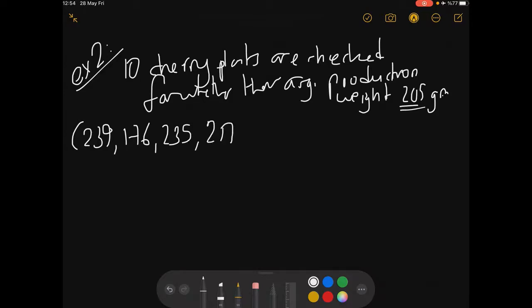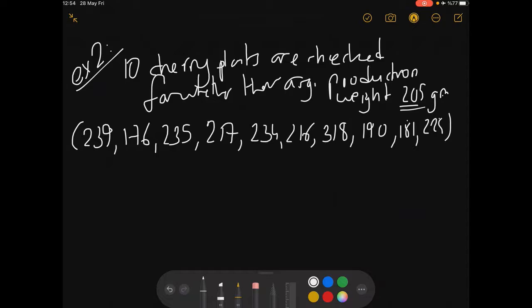I'm writing them one by one here. 4, 216, 318, 190, 181, and 225. All right. So go back to chapter 1. Remember what we're doing. I mean, it's easy to find their arithmetic mean, right? You can also use some web-based calculators for finding the arithmetic mean here. So it should be 2, 2, 3, 1 over, you have 10 samples here,